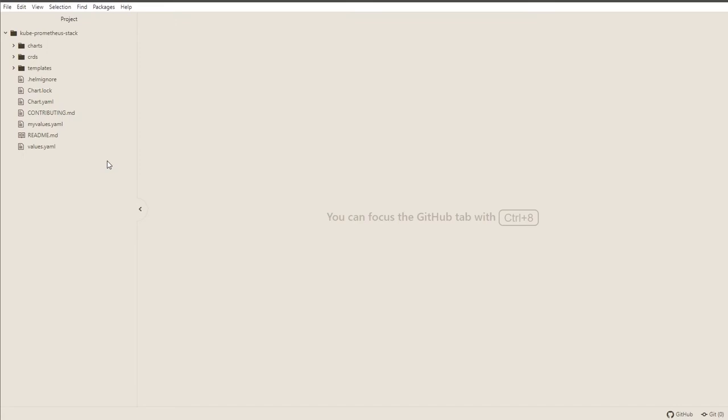Now, the charts folder is really definitely when you get quite advanced. Now, you know that the Kube Prometheus stack is a collection of different third-party projects. We've got Grafana, we've got Prometheus, we've got Alert Manager. All of those are standalone projects in their own right. So Grafana, for example, has its own Helm chart that is freely downloadable and available on its own.